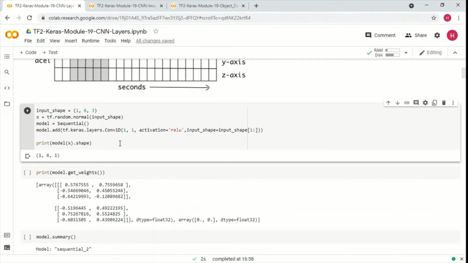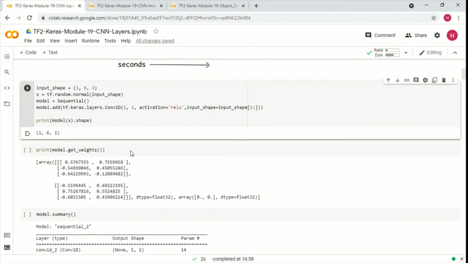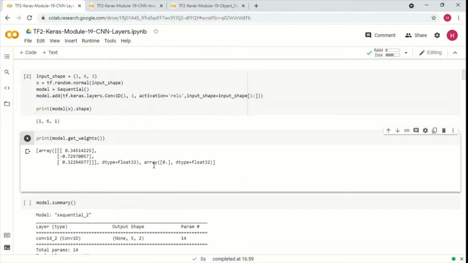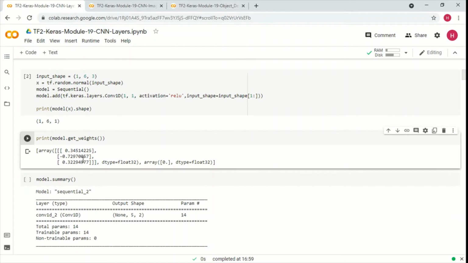Okay, now let's also try to get the model dot get weights, right? So this is the output shape, but the weights will have a different shape, and let's see what the shape of the weights is. Now you see that this is an array of 3 values here, and there's also another value which is a bias value.